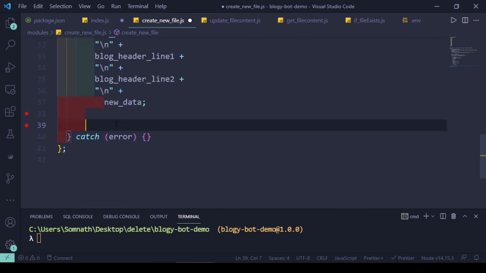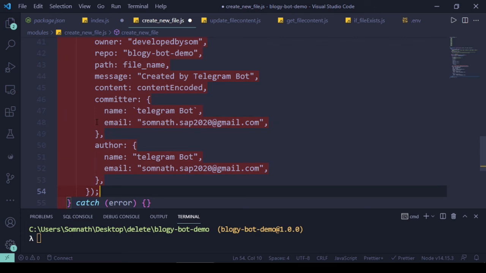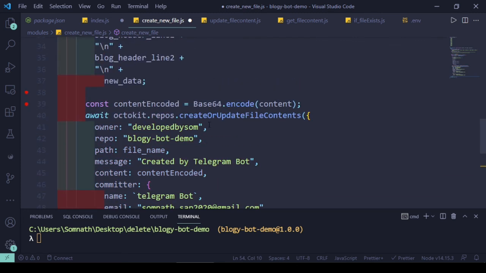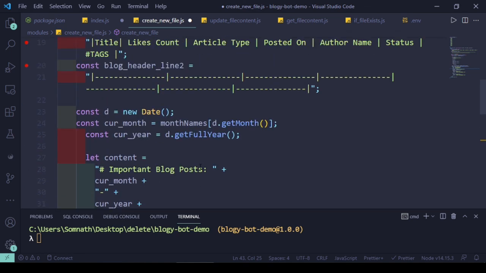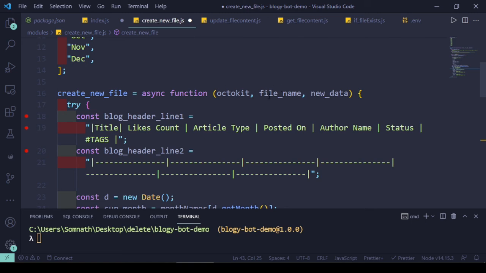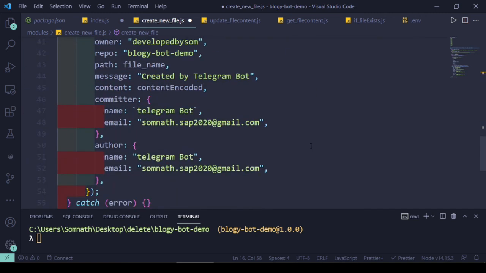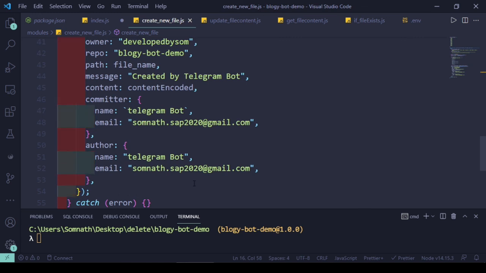The same function will again be used over here, that is the create or update file content. As we are not sending any SHA value, it will create this time. We have added the same repository, and the file name already received in this module from the index.js file, as well as the new data. The rest of the things I already explained earlier during the update content middleware when we developed it. The same concepts apply.